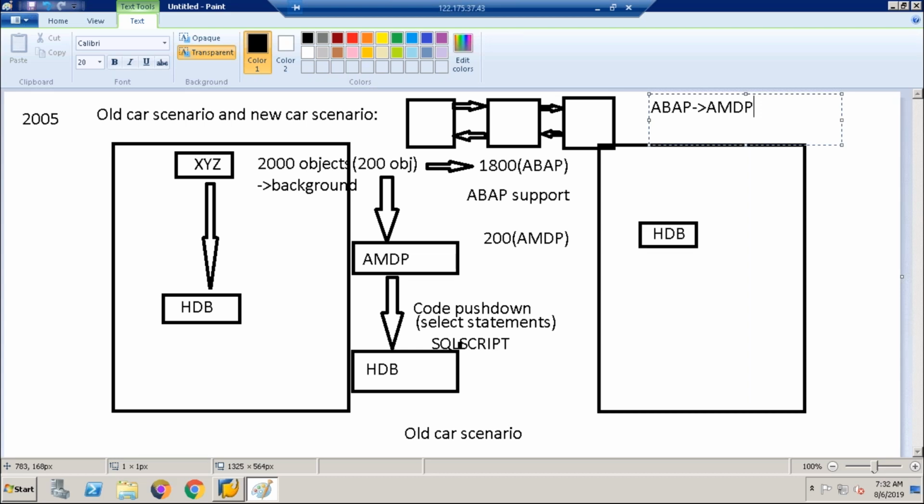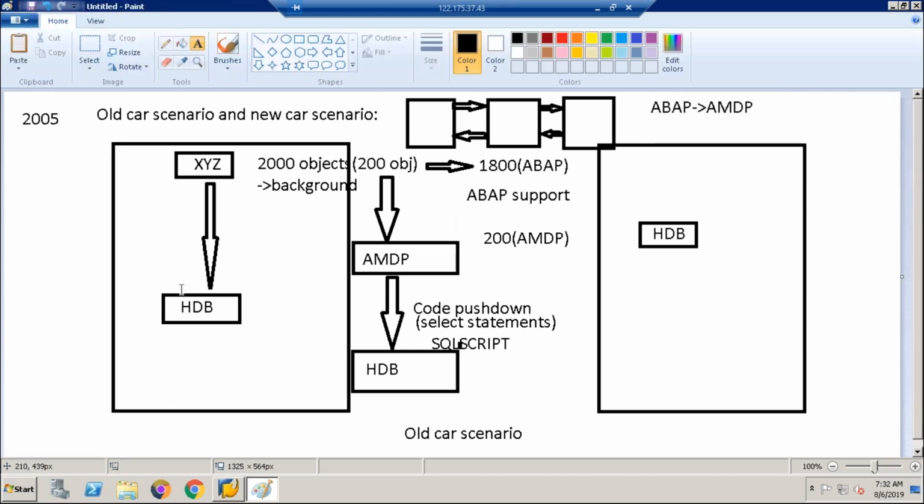But execution, previously they were executed in the application layer. Now they are executed directly in the HANA database. That is the only difference which is going on, guys. So previously the report was executed at this place, in the application layer. Because of its nature, it doesn't support in-memory database. It doesn't support columnar approach. It doesn't support massive parallel processing. So that's why the report is very slow.